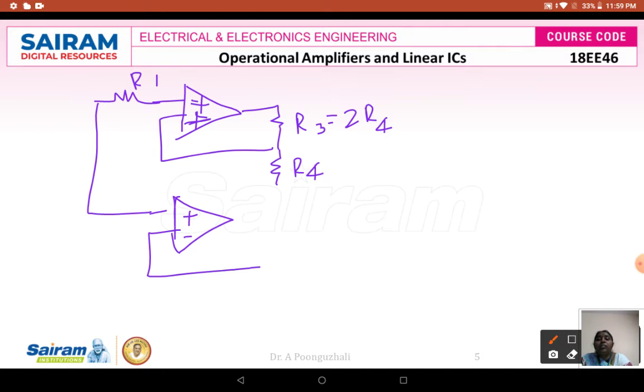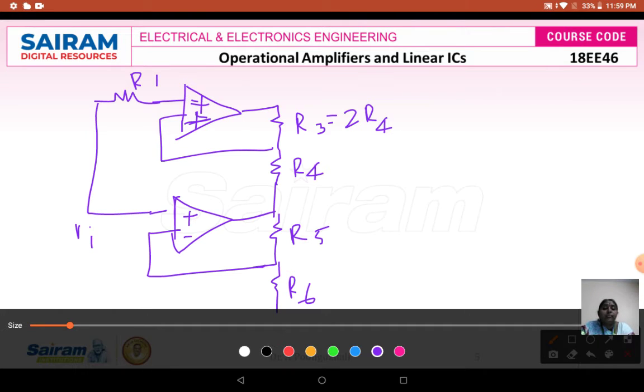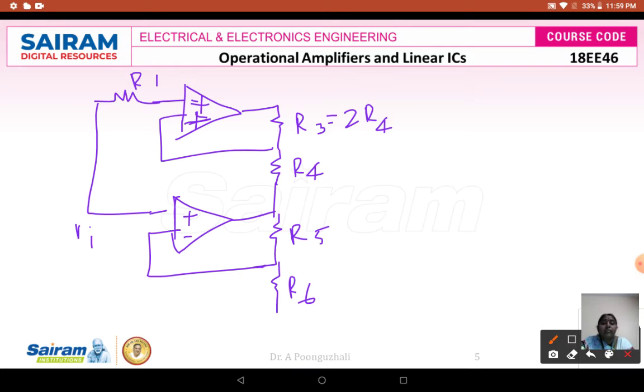So now this is going to be connected to your resistance R5, and here you are going to connect it to your resistance R6. Now this is going to be your input voltage Vi. Now this is going to be at the ground terminal. So this terminal is going to be A, this terminal is going to be your B terminal, this is your C terminal there, and this is going to be my V output there.